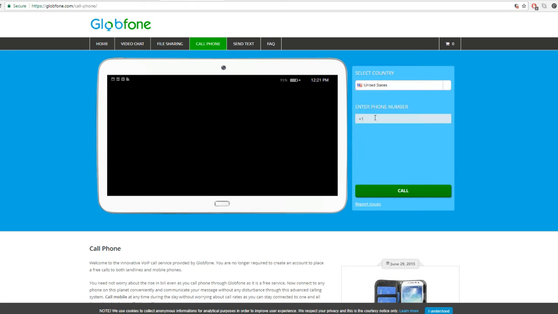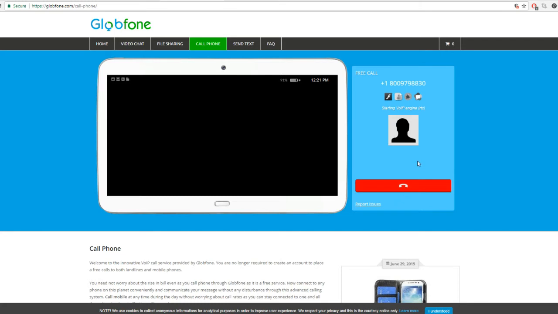So US, we'll enter the phone number that we have pasted already, copied, and we click on call. Right, this is trying to connect to what's called a VoIP engine, and it's not working terribly well. It says that the VoIP engine it's trying to connect to or start is RTC. That's very interesting. When we talked about Fire RTC earlier, which I believe is what this is trying to connect through,